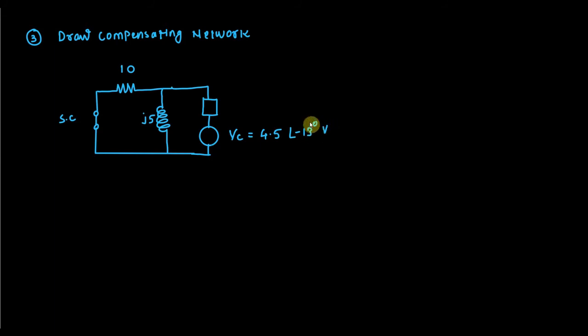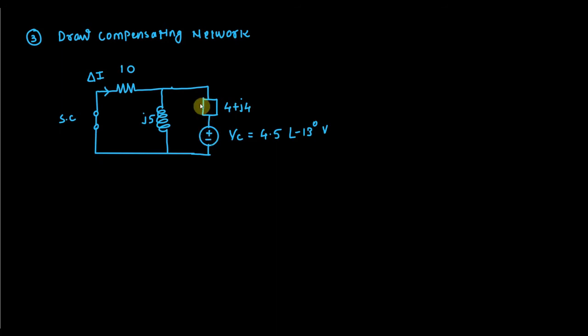Now after that, the 3 plus j4 will become 4 plus j4. Here we have I, so that I now will become delta I. What is the polarity here? Plus minus.